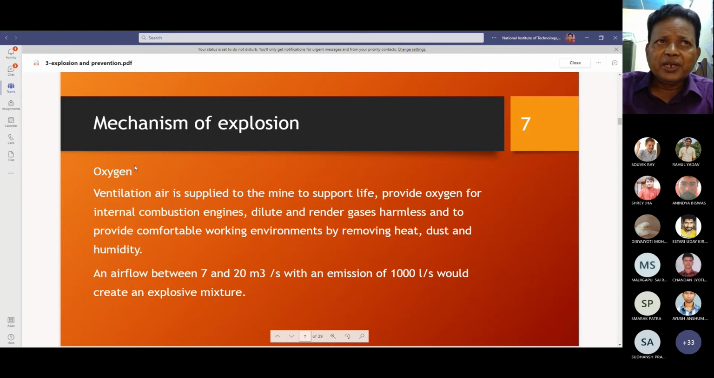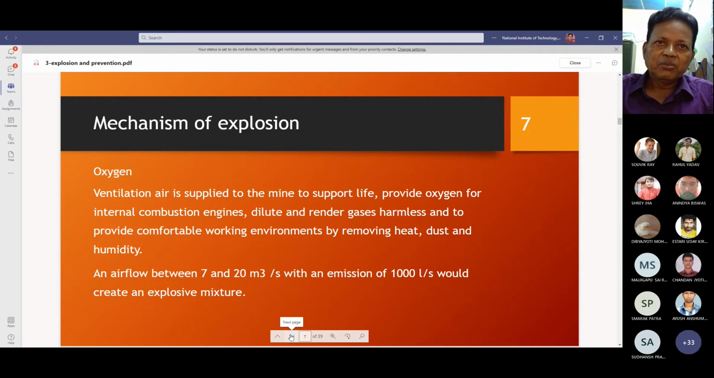The second important ingredient necessary for the explosion is oxygen. Ventilation air is supplied to the mine atmosphere to support life and to provide oxygen for internal combustion engines, dilute and render gases harmless, and to provide a comfortable working environment by removing heat, dust and humidity. An airflow between 7 and 20 cubic meter per second with an emission of 1000 liter per second would create